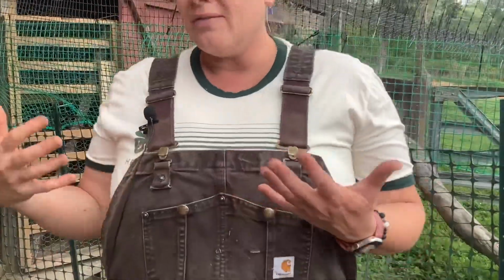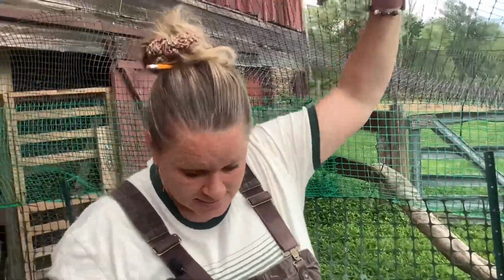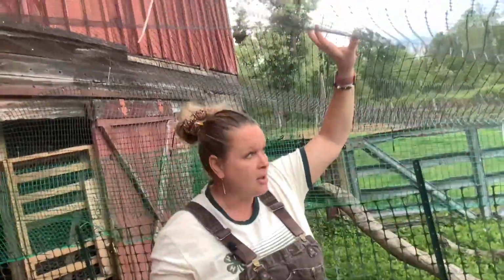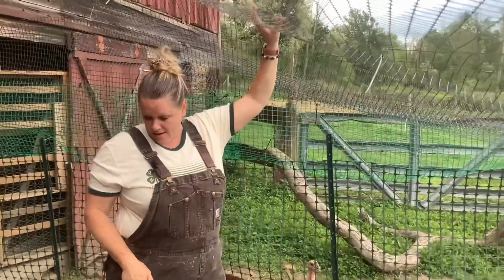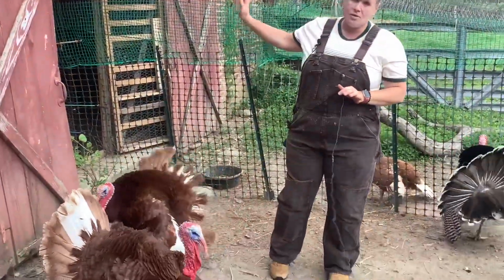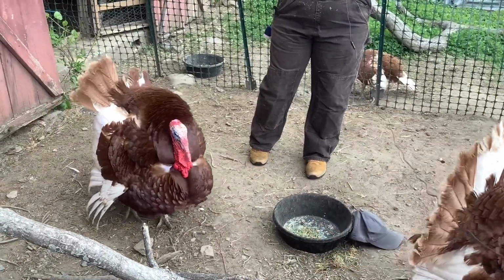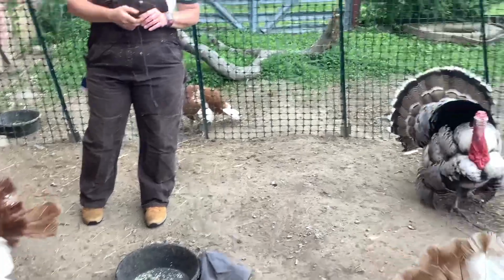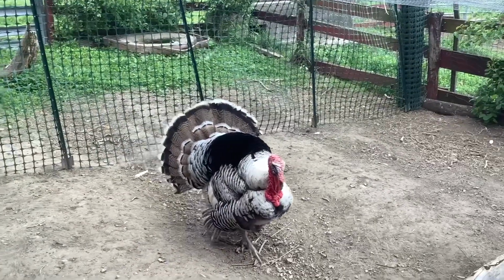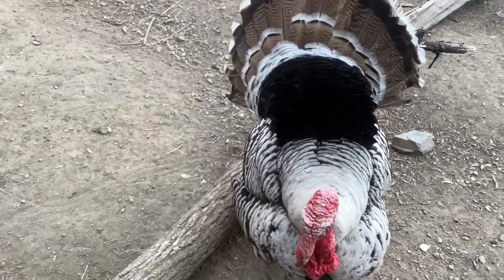And the really cool thing about heritage turkeys is that they are very, very close to being like wild turkeys. They can fly, which is why you see this netting above you, because these turkeys are perfectly capable of flying up into the trees at night, and we want to make sure that our turkeys are safe. So at night, we lock them in so that no raccoons or any other critters can get to them, but during the day, we just need to keep them from flying away because they can easily roost in the trees. So we do, as I mentioned, have some hens in the other side of this turkey den